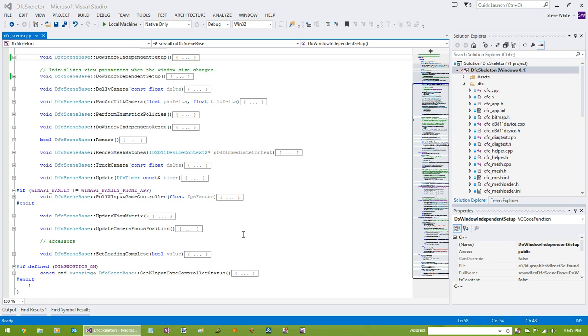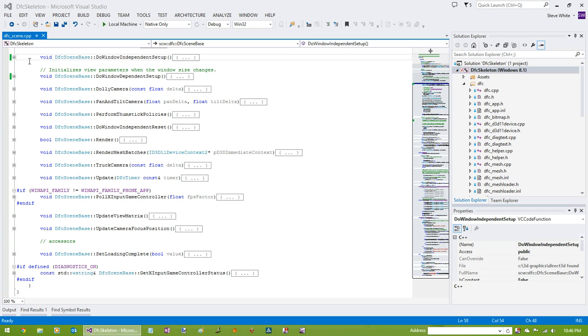Let's take a look at those two functions that I skipped over. The reason I skipped over them was because we were mostly looking at how to get the hardware initialized, and the swap chain, which are all very flat things. They're not really 3D. But now we'll start segueing into the 3D stuff by looking at the tail end of the setup, which does start to move into 3D graphics